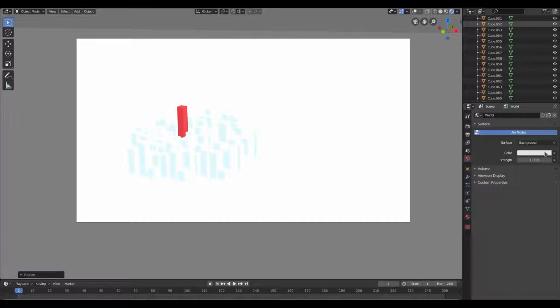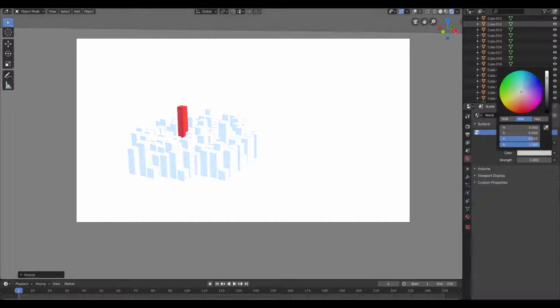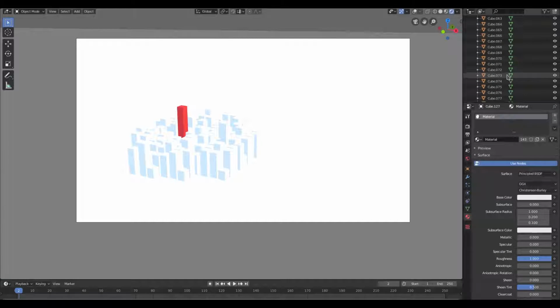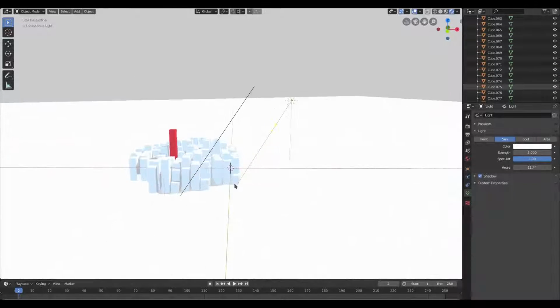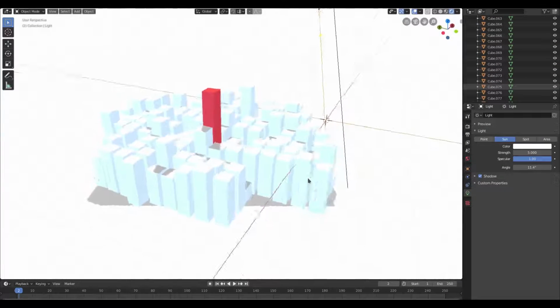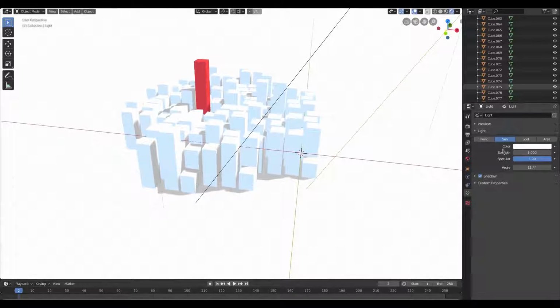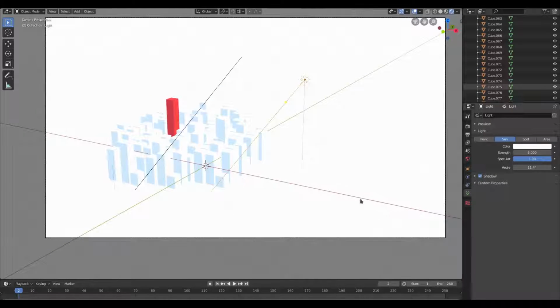Now the background, I want to tone that down just a little bit, so we have a little bit more whiteness. Actually, I think I want to change my mind. I want shadows for this lamp here. You can see we do have some shading going on, which looks nice, but the camera's not picking it up